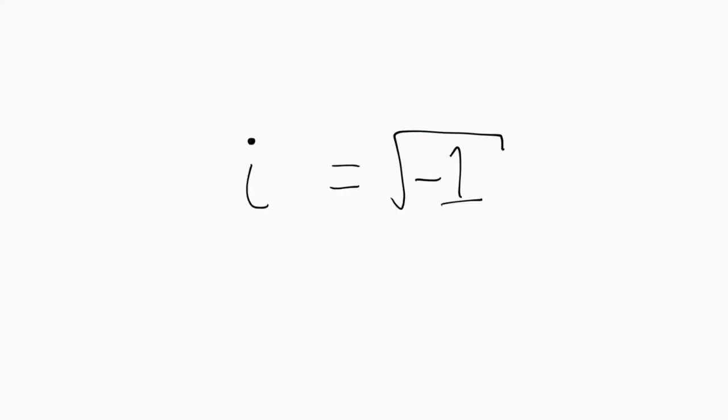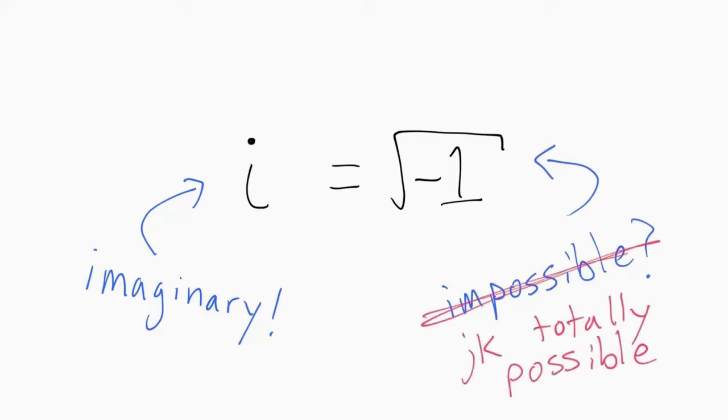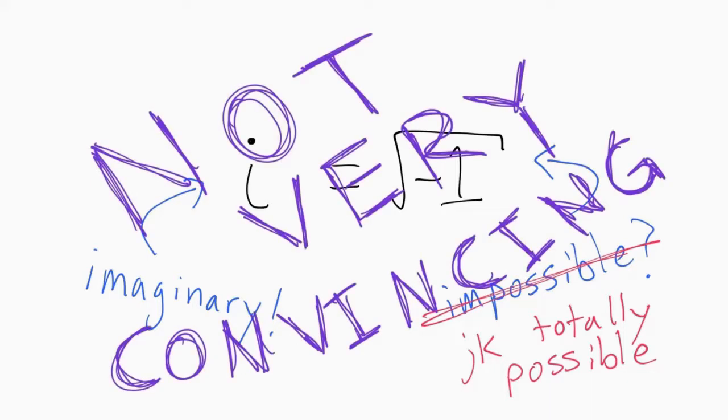Usually it goes something like this. There's a number called i, which is equal to the square root of -1. It's called i because it's imaginary. "Excuse me, teacher," asks any reasonable student, "didn't we learn last year that you can't take square roots of negative numbers?" Well, yeah, we did learn that, but we were actually kidding about that. You can totally do it, and this is how, and, well, learn how to do arithmetic with this because it's going to be on your test. That's basically how it goes. I don't know about you, but for me, that's not very convincing.